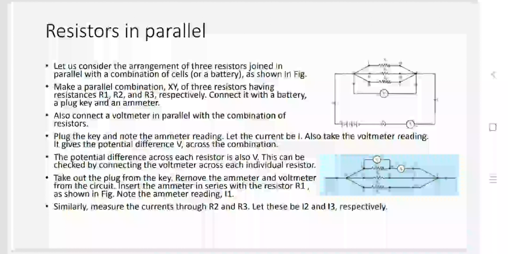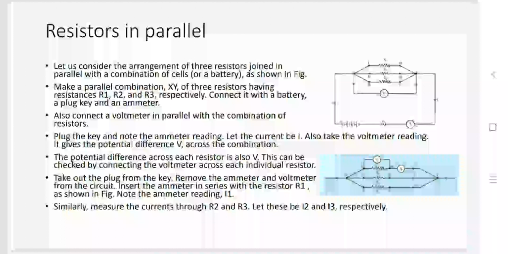For example, we want to measure a current I1 passing through R1. So forget about R2 and R3. Right? So, as per shown in second diagram, keep the voltmeter across R1 only and ammeter in series of R1 only. Forget about R2 and R3 and measure the current I1 and voltage V. Same way,